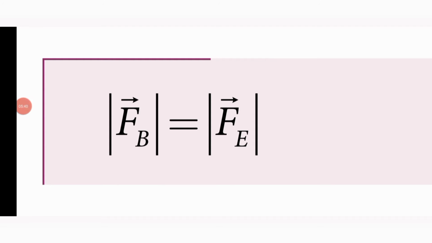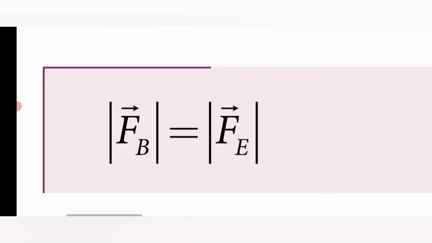So here the two forces are balancing forces. When we increase the magnetic field value, the electric field force also increases. That's why we have to take these values, where the accumulation of free electrons happens. So we have to equate the two forces, which is the equilibrium stage. The force in the magnetic field is always equal to the force in the electric field. The two produce the same values.